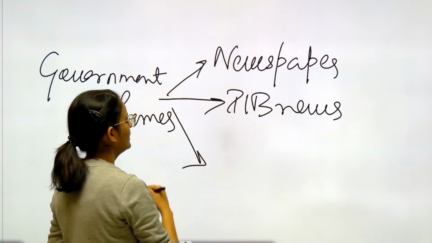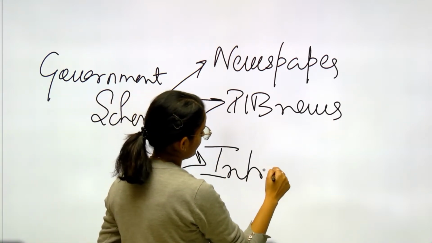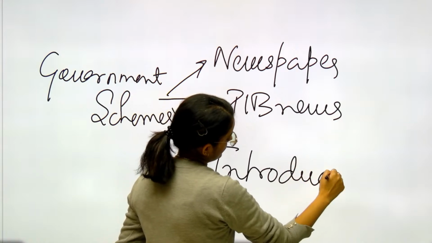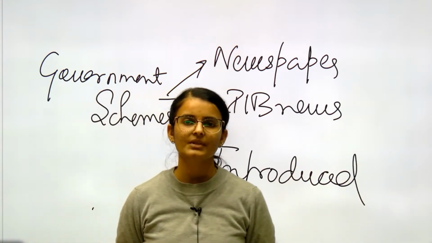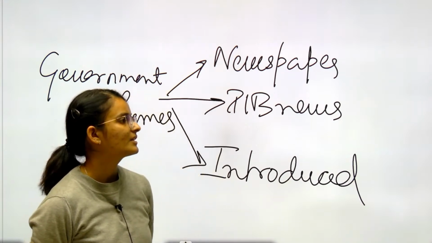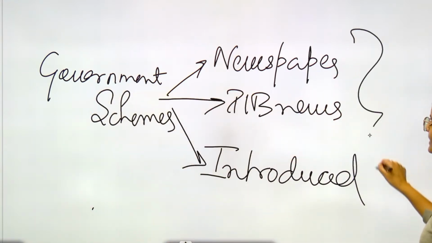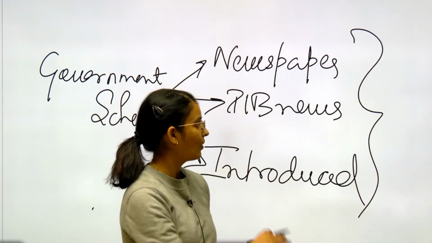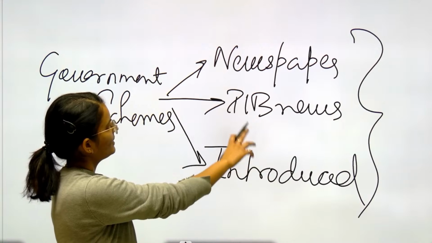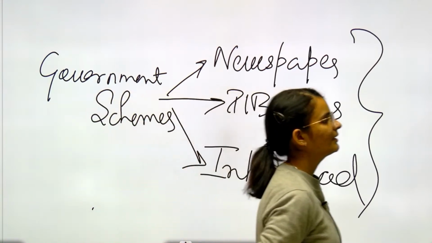And third, if any new scheme is introduced, like PM Vishwakarma. When PM Vishwakarma was introduced, it was directly in the NABARD paper, right? Because it was a new scheme. So the scheme will be asked in these 3 dimensions. Whatever scheme or name is there, whether in PIB, the newspaper, or a newly introduced scheme, that is important, okay.